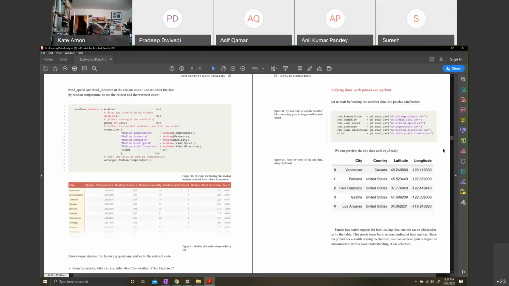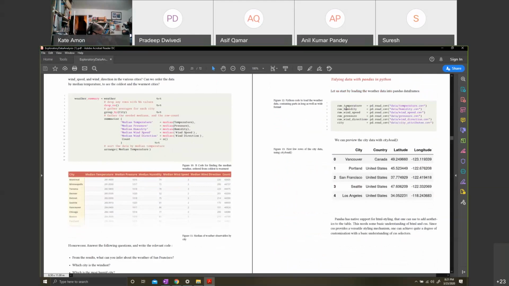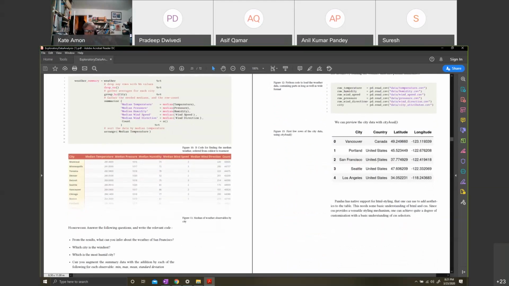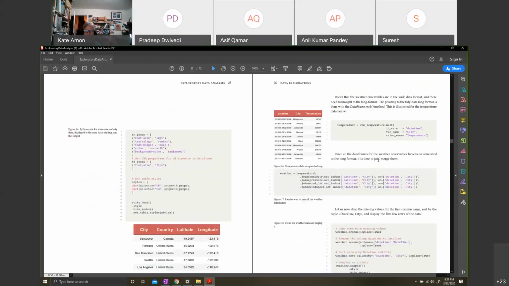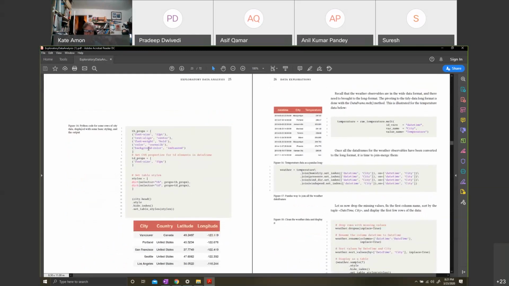So here I'm going to do the same analysis in Python. This is it, the city data. I'm using the syntax of pandas. Now, how do I beautify a table in pandas? It turns out that in pandas, the ability to style it in HTML comes built in. It's one of the things people don't realize, that you can style.